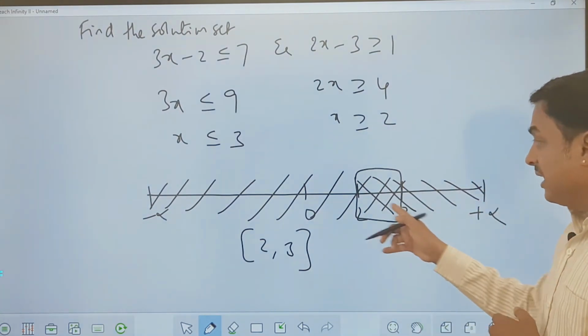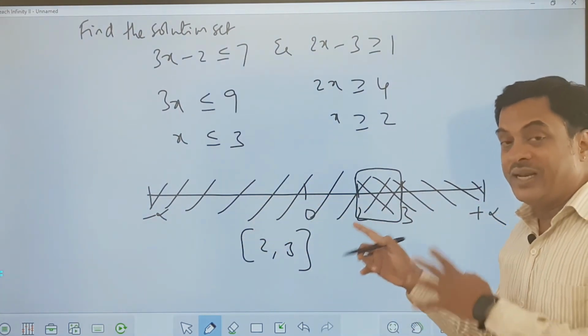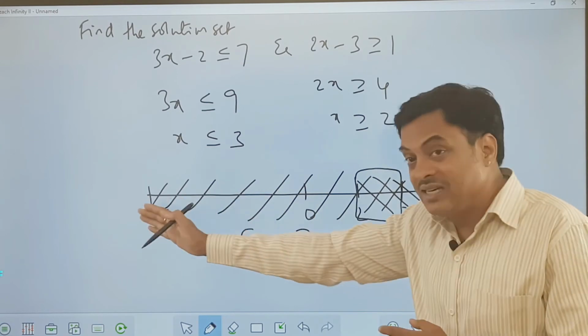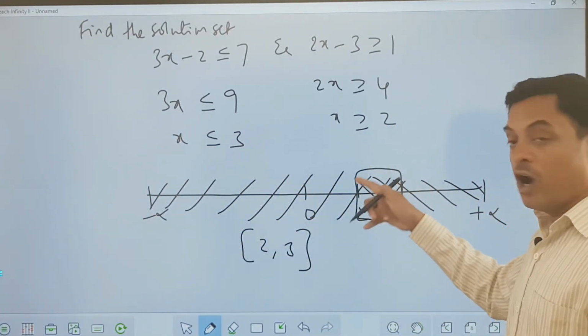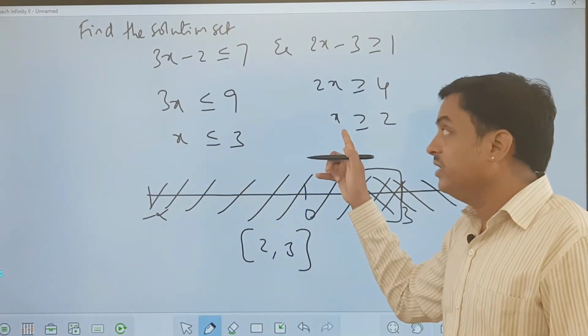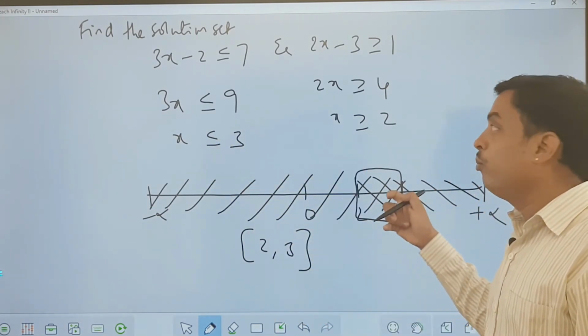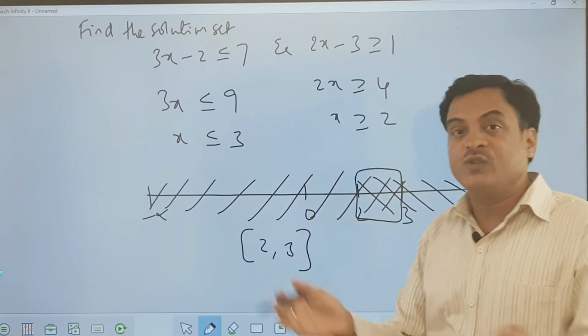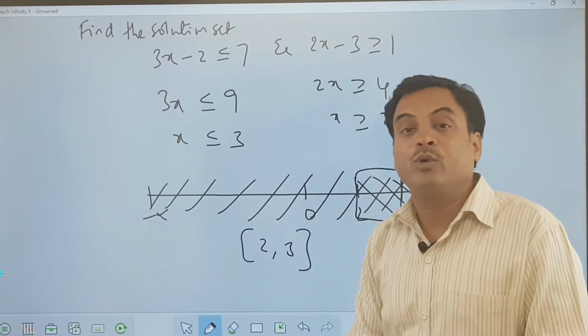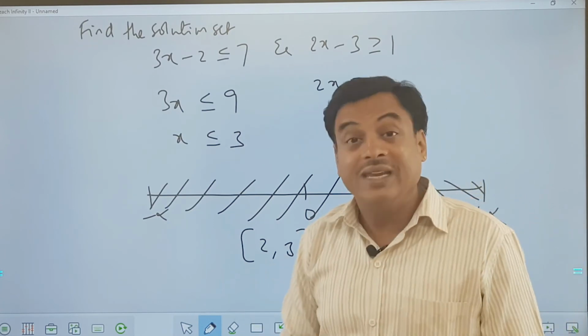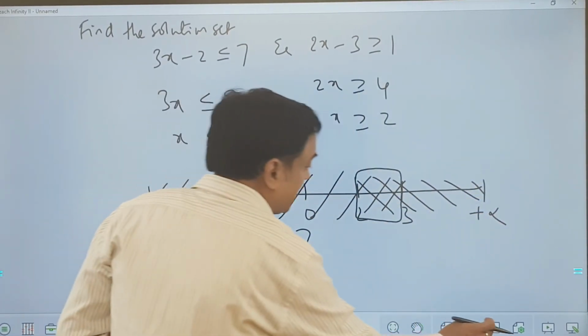Okay, all of you? So you can see the understanding is better when I take a graph. Less than 3, greater than 2, inclusive. So I have got a common shade. That common shade is my solution set for both of these. So you can try any number like 2.5 here and here. It will satisfy both the conditions. You can try 2.4 here and here. It can satisfy both the given inequalities. Okay. So that's a basic idea.